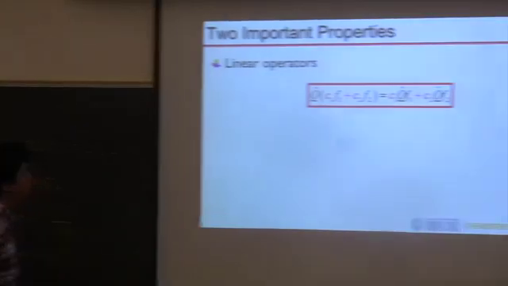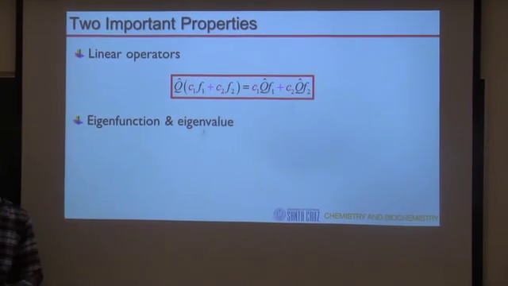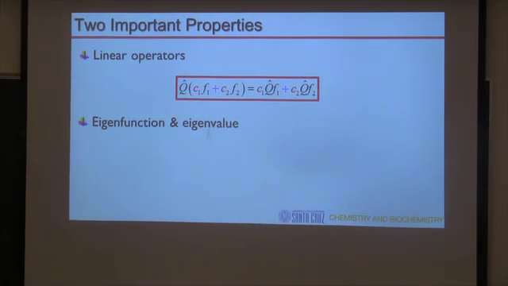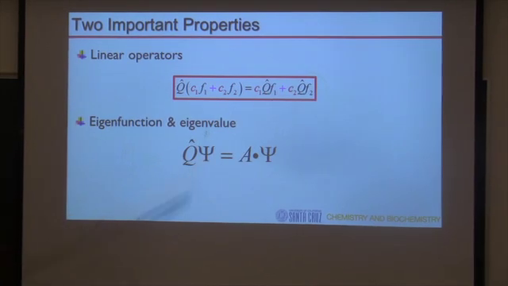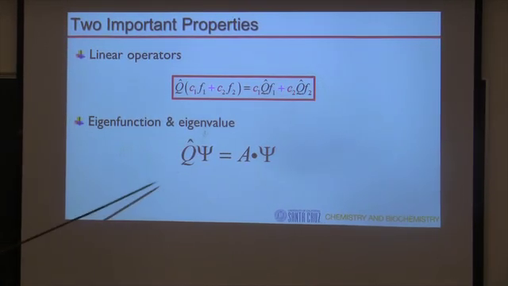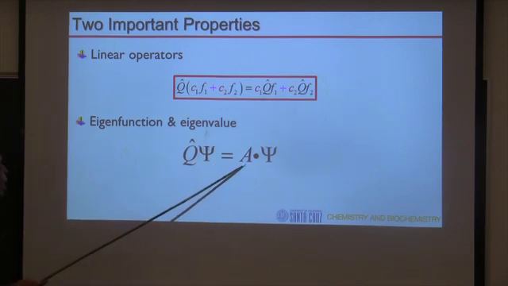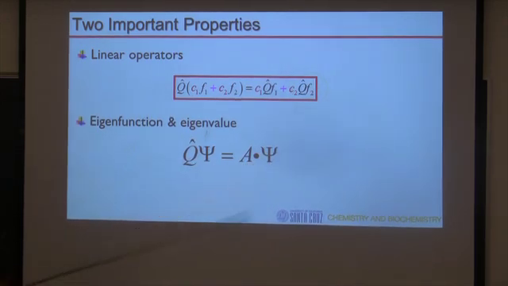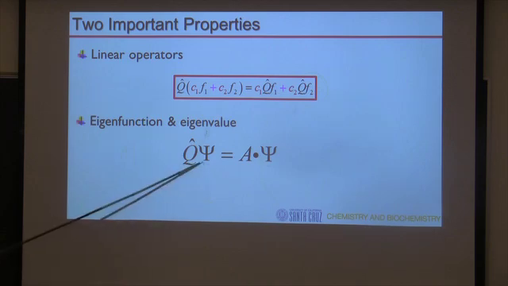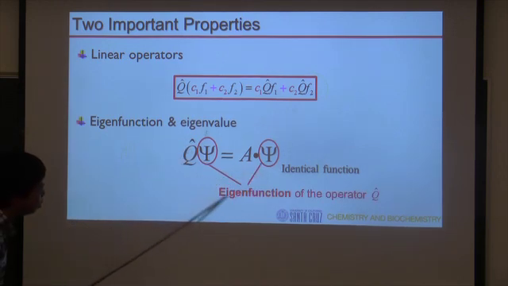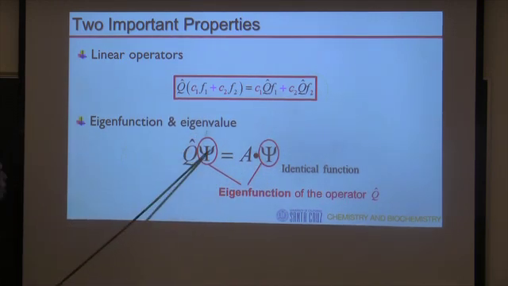Okay, so that was linear operators, and the second one is eigenfunction and eigenvalue. It's even more important than the linear operator. Eigenfunction and eigenvalue are defined in this situation: if we have an operator operating on a wave function or a function, which gives you a constant times another function, and if the two functions are identical, then we call them... they're actually not two, they're the same. The one